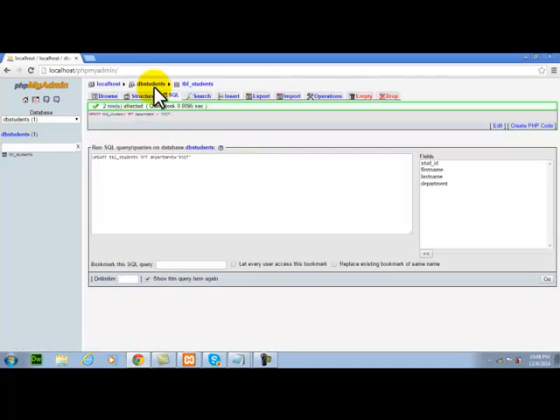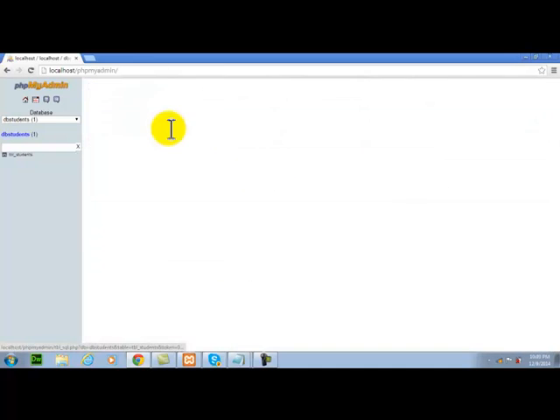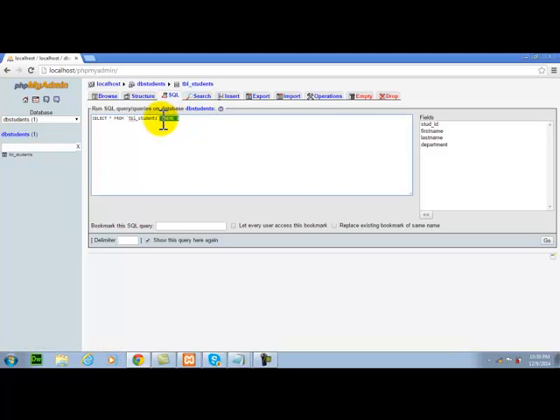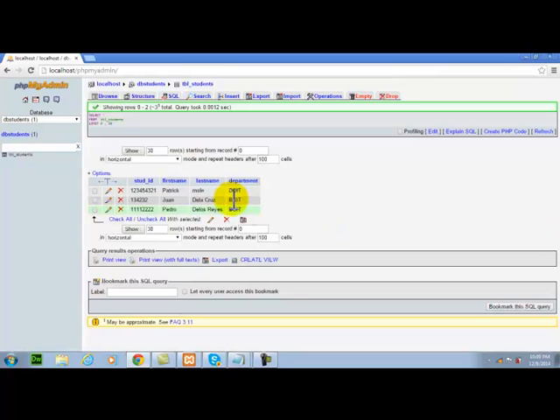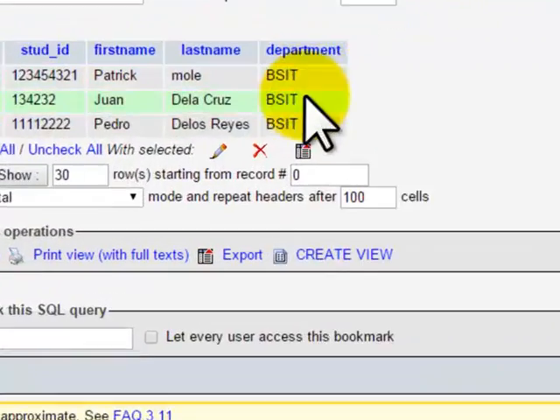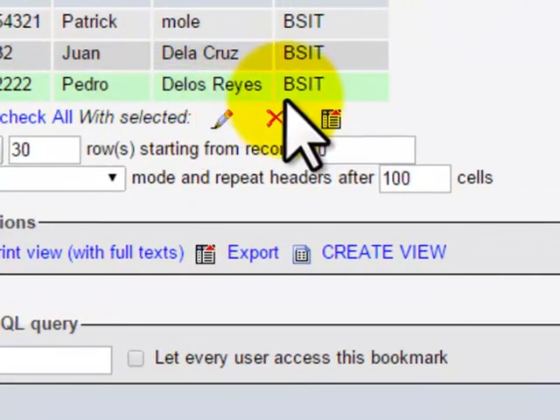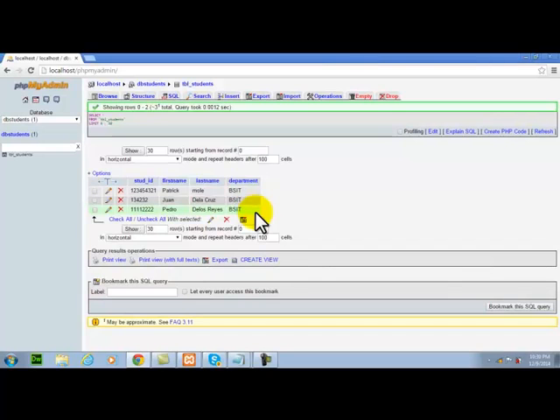If we browse our table, as you can see, the department of the 3 records became BSIT. We successfully updated it.